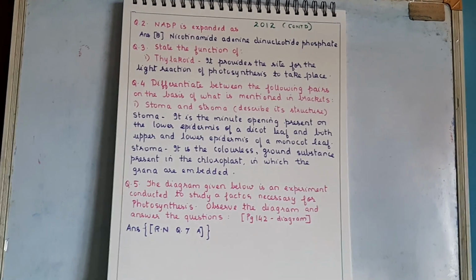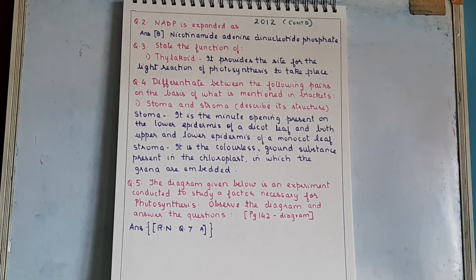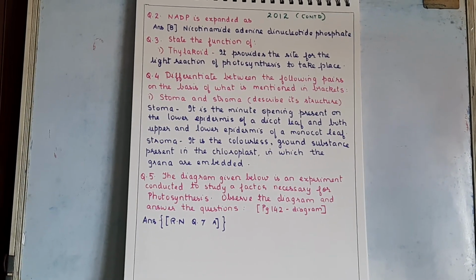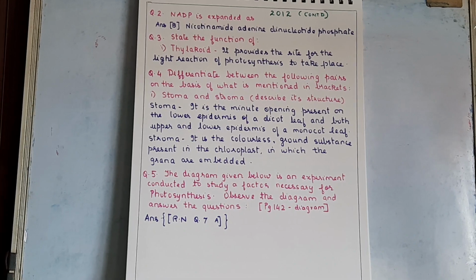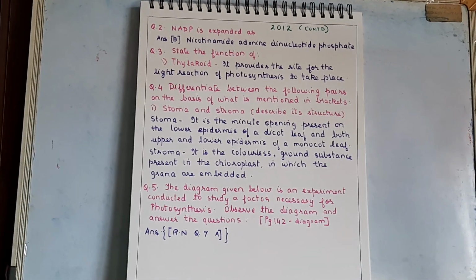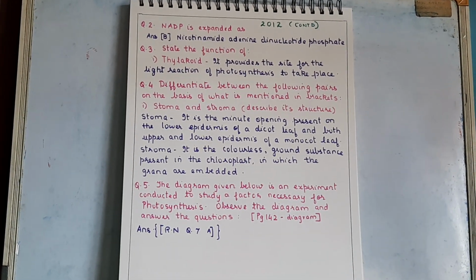Then name the test performed on the leaf and the solution used for the test. So test you will write for this what? To test the leaf for presence of starch, and iodine test. Solution used is iodine solution. So we have already covered this. So we are just discussing this question.